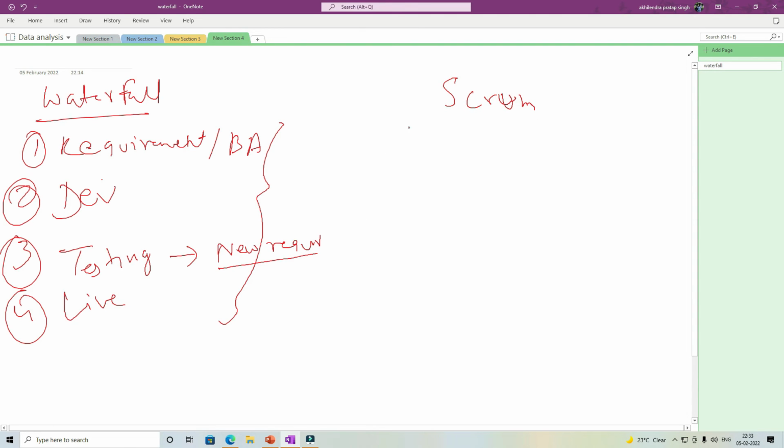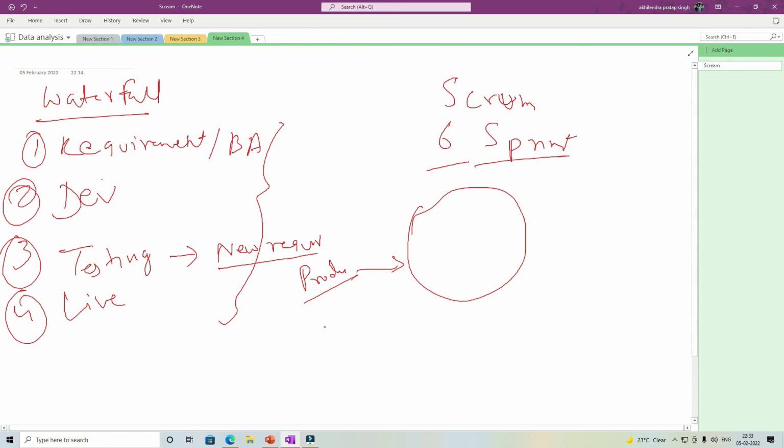So in Scrum, what we do, we build the entire development in the sprint. Let's say we estimated that it will take 6 months, and for simplicity, let's say we thought, okay, we will use 4 weeks for a sprint. So we will have total 6 sprints. So what will happen? A sprint is like this cycle. So input will be your product backlog. So what is your product backlog? This is nothing else than basically the overall set of requirements.